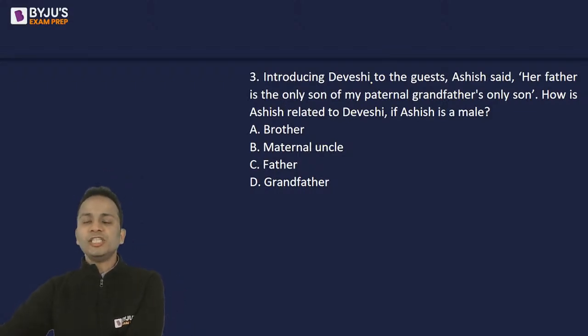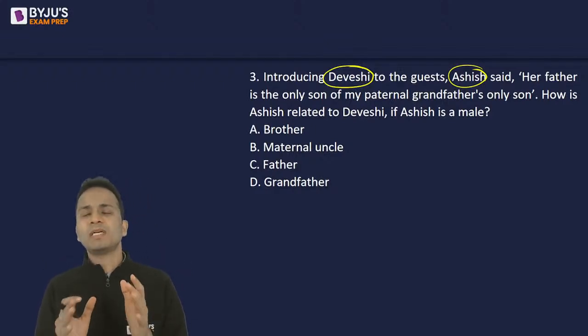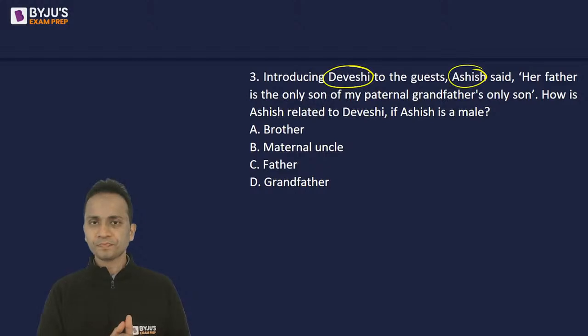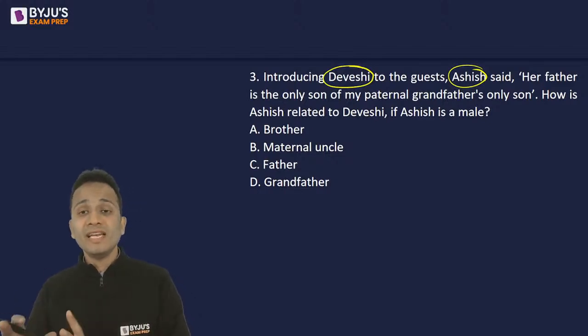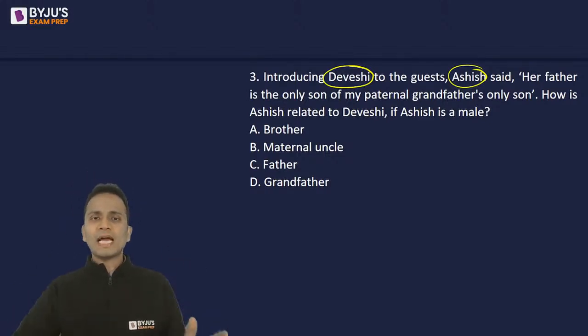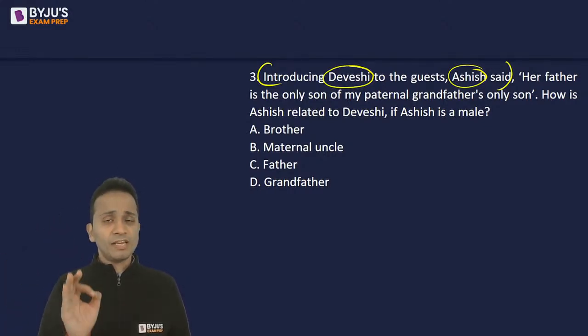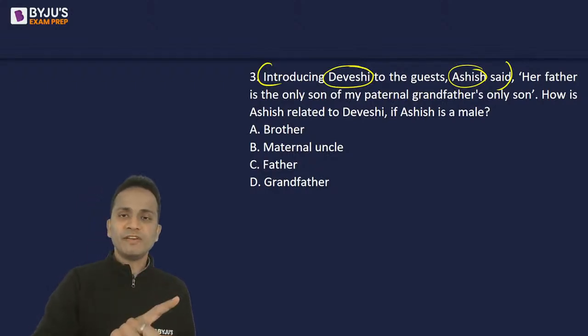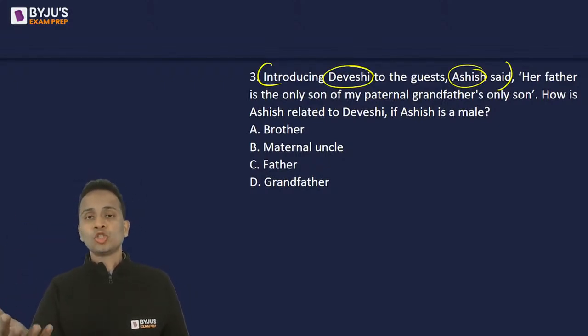Now, introducing Devashi to the guest, Ashish said. Here, one general mistake that people may commit, not only in this question but in general in questions of blood relations, is that people tend to assume the gender of a person based on the given name. If I look at only this statement, we are not given the gender of Devashi, we are not given the gender of Ashish. But generally, we assume that Devashi is the name of a girl, so Devashi has to be a female,